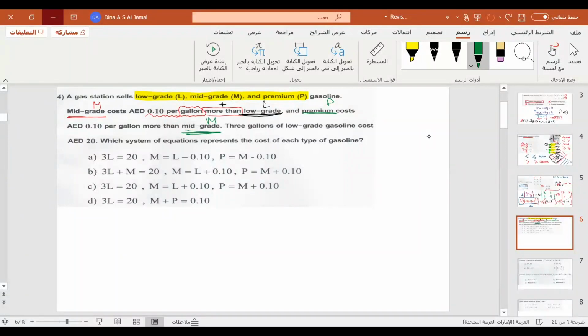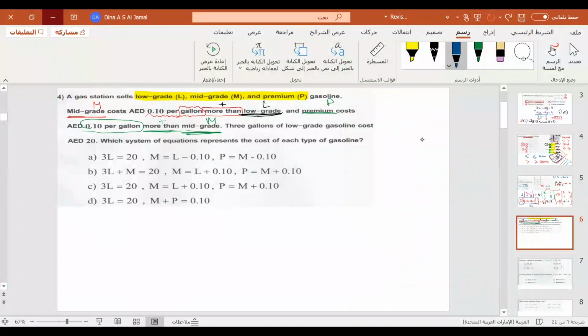So you have to know what is the relation, the mid with the low, the premium with the mid. And he said that it is 0.1 per gallon more than, again, addition. So I'm having a relation between M and L, P and M. Lastly, what he told you,